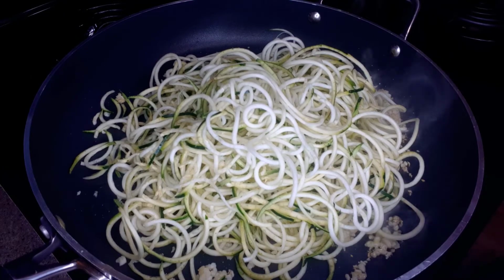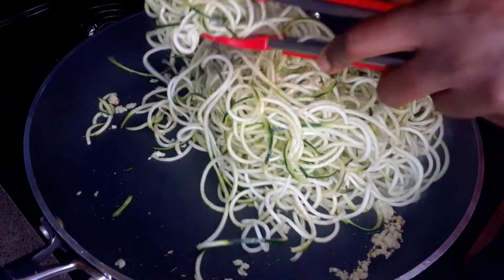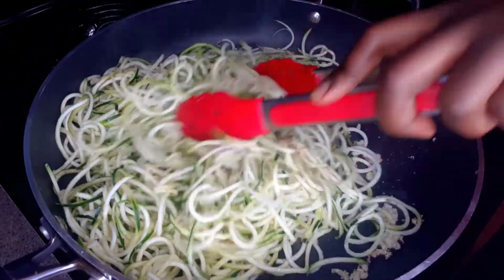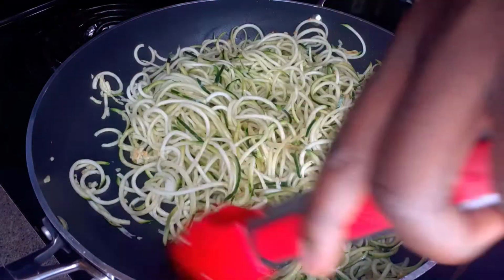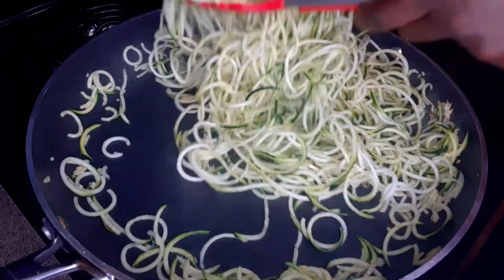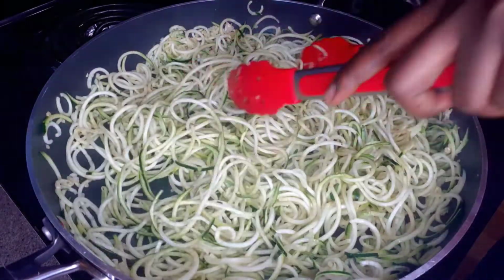Now it is very important that you don't overcrowd your pan. So remember, I had 4 zucchinis that are spiralized. I'm going to cook them in 2 batches. Because you don't want to overcrowd your pan, because if you do that, then your zoodles are going to be mushy, and we don't want that. And also make sure that it is on high heat. Use your tongs as you see me